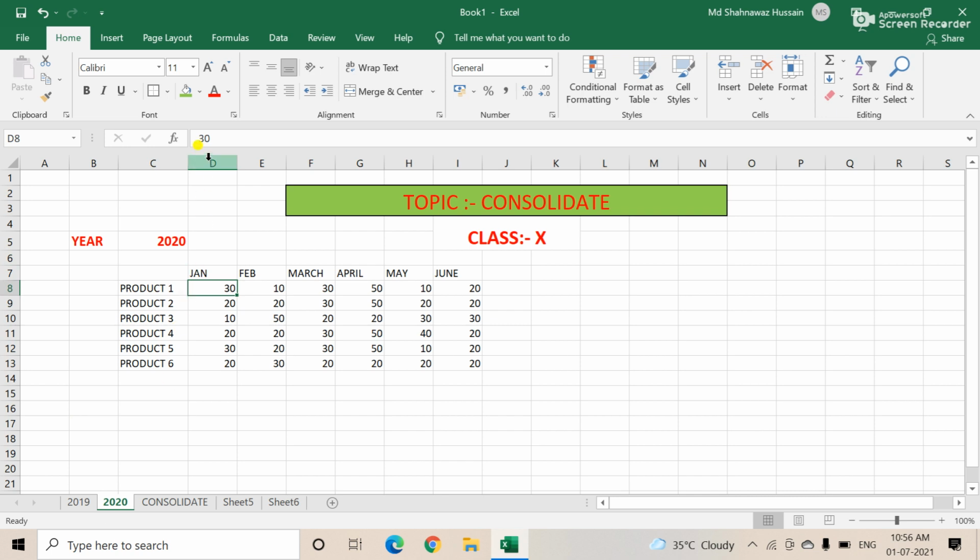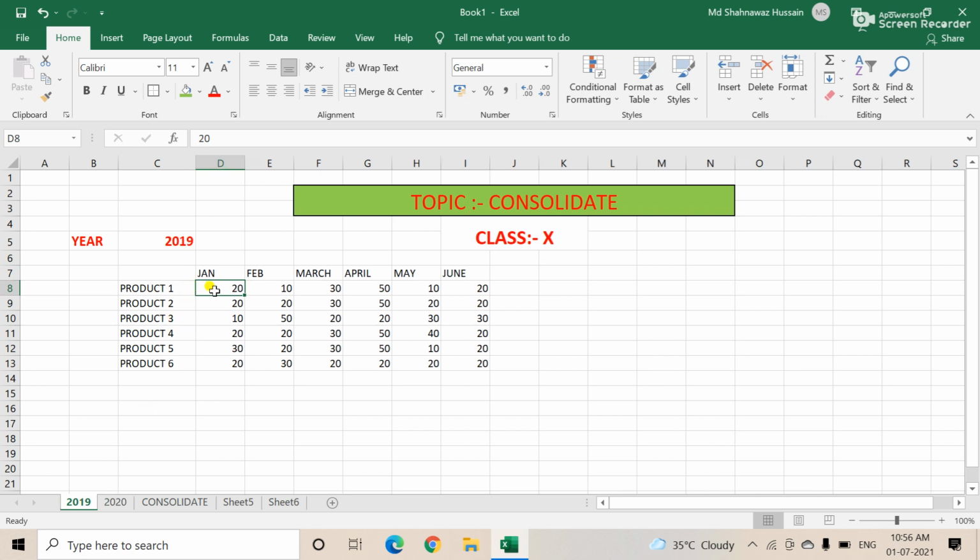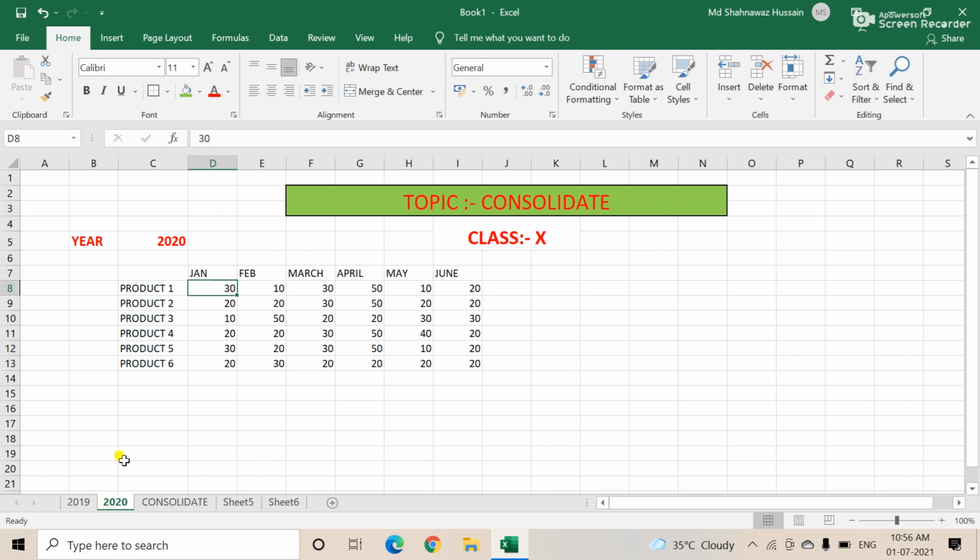It means the data is in the same cell address.